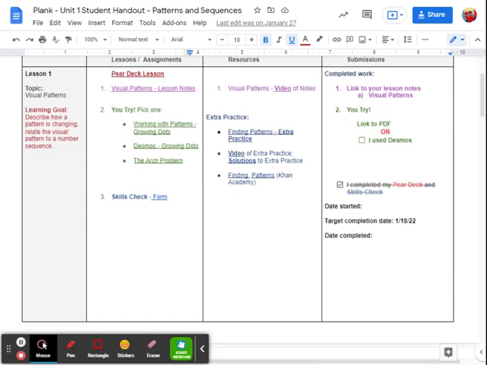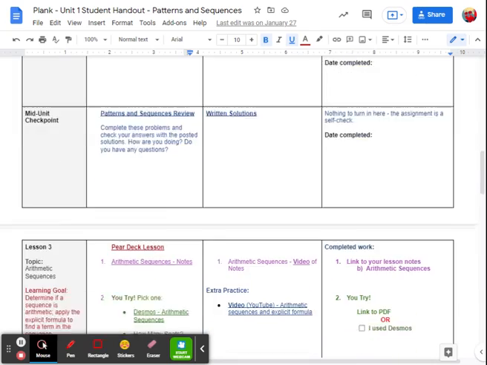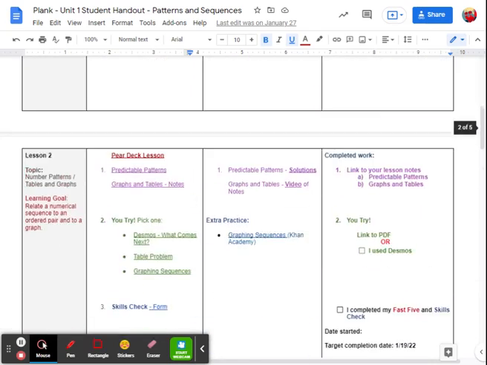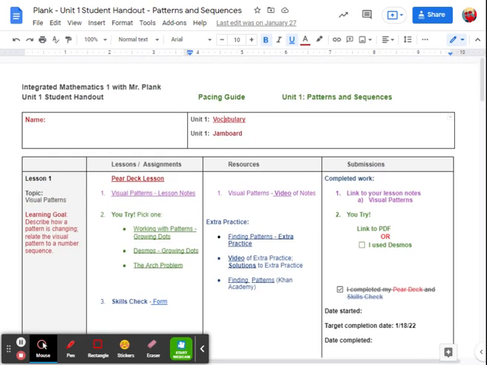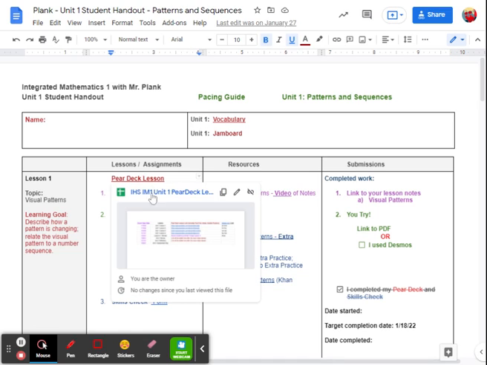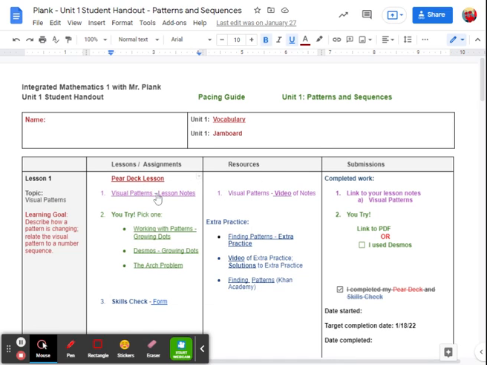Then each lesson, you'll have 1 to 5 lessons per unit. And so they're all organized like this. You get the lesson topic and learning goal. The very top says Pear Deck Lessons. They click on this link, and this is where they get access to my lessons that I did live with